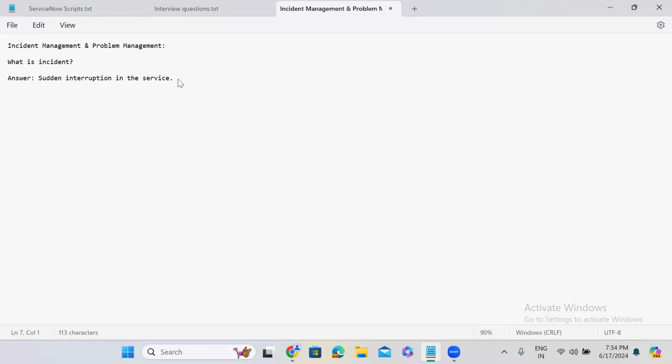Let me explain one basic requirement so that you will be able to understand it better. Let us not talk about the organization, let us discuss our home.